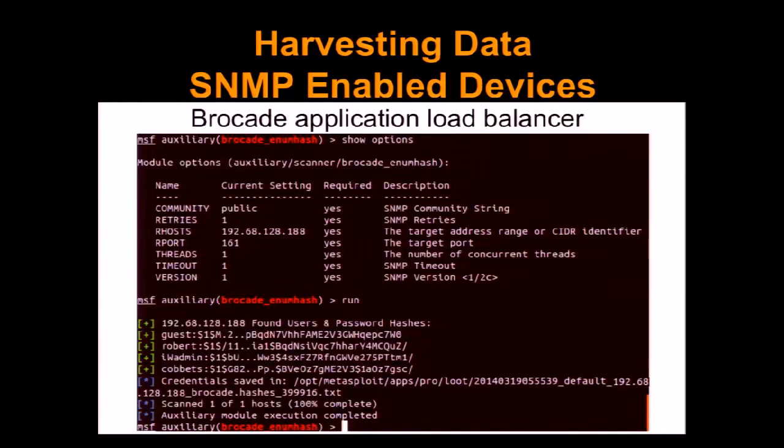But the tool's kind of cool. If you can pull this data down, the key thing I want you to think about on the whole thing is, so I can get access to the Brocade load balancer. If I crack these passwords, what else do I get access to? More than likely, I'm going to get access to all of their network infrastructure, their switches, their routers, their firewalls. Because these are typically going to be the network administrators that have put these devices out there, at least some of those accounts will be. So you can see the critical nature